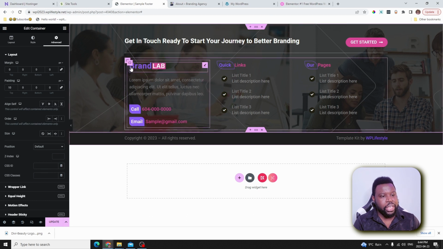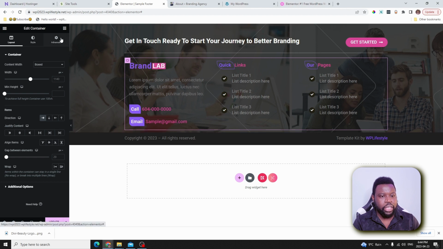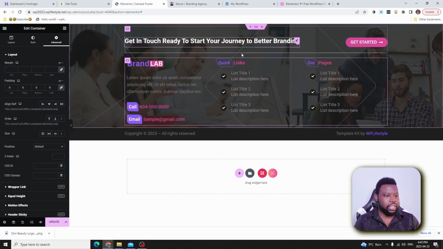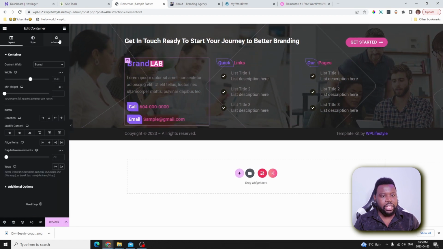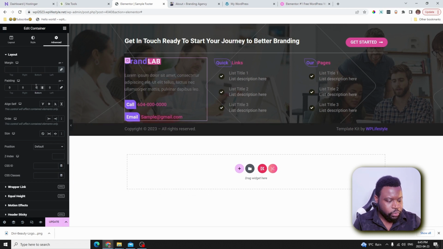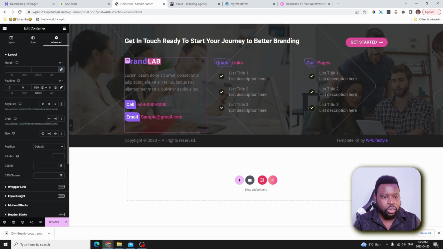And then over here you can see that we have this 10 pixels in here that we don't want. So select the child container for this inner container. So you select this container and then go here and remove this spacing in here. So we also need some spacing in here to give some breathing room between these items that we have here and this copyright item here. So go ahead and select the inner container right here, and then go ahead and add some bottom padding here. Maybe add 25 pixels or 50 pixels actually is better. And then over here on the top, we can add 25 pixels as well.